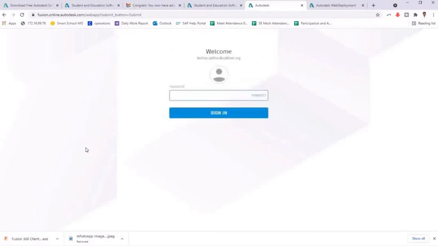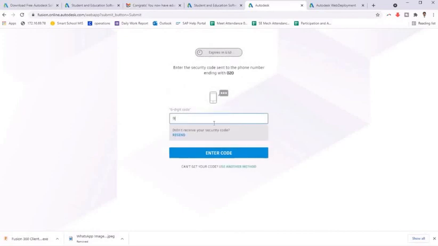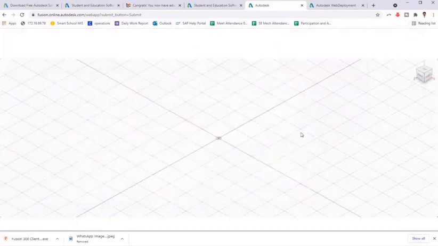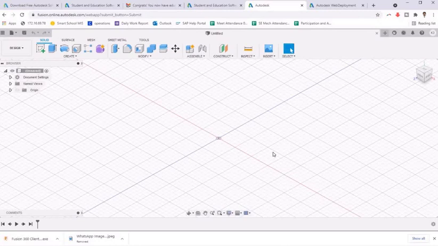Here also you have to use the registered email ID and password for login. Again you will get a 6-digit code through SMS, so enter that code and continue. Now you can see we are able to access Fusion 360 through the browser also.